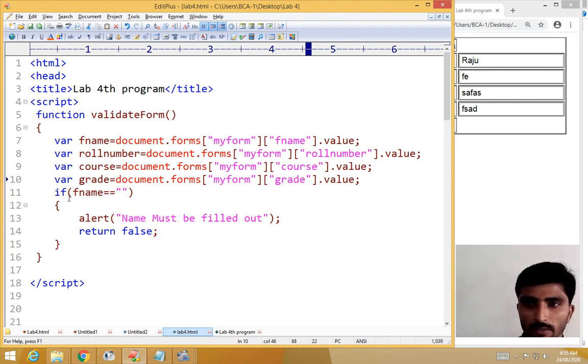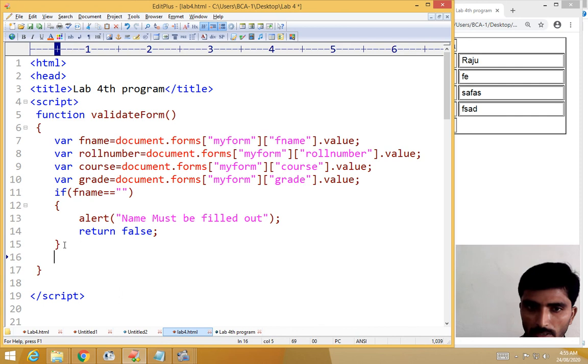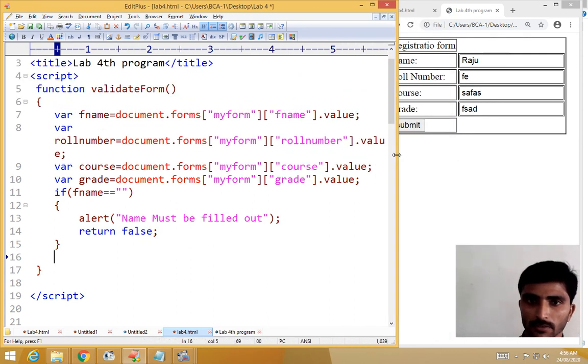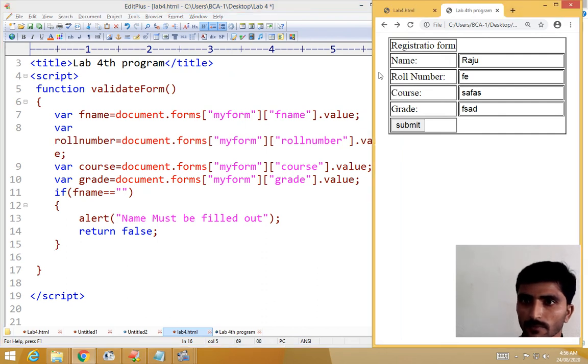After that, for the checks, you know already the if condition, else if ladder. If it is no, there is no problem, you can write it easily. Now the first if condition is working for only the first text box, right. If it is empty, it gives the error message.